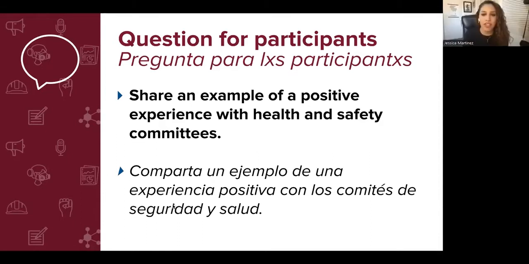Understood. Thank you so much for sharing that, Richard. Appreciate your participation. I don't see any other hands up, but I do see some comments in the chat. The other positive experience is when you have worker engagement, you can use tools around mapping and identifying hazards, and it really is a way to engage workers. That is also one other way to get the buy-in of workers, but also a visual way to show management what some of the immediate hazards are at the workplace. So if we could go on to the next slide.